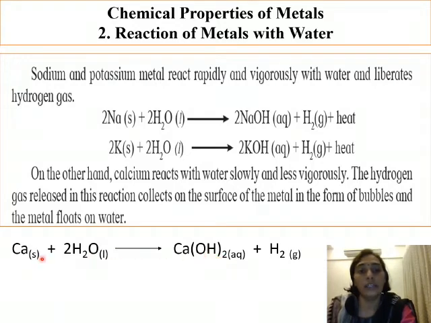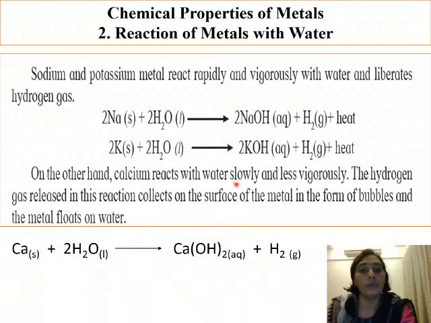Now calcium starts floating or jumping in water. Why does this happen? The hydrogen which is released is in the form of bubbles. Bubbles of H2 gas are given out. Now these bubbles go and attach on the piece of calcium. This gives buoyancy. Buoyancy means weightlessness, or it makes it very light. And so this calcium starts jumping, or what we say, it starts floating in water.